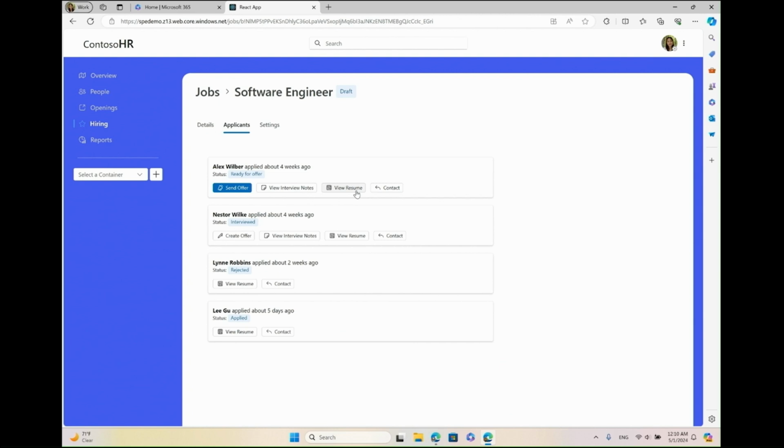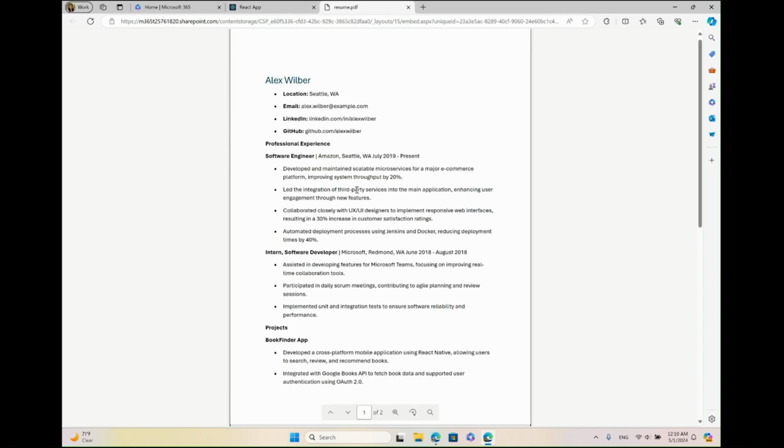Again, all these documents are in that container we created for the job post. So now I'm going to see this resume for Alex Wilbur. This is a PDF, and it's open right here. Again, it's a built-in viewer supported by SharePoint Embedded. You can always open a video, which is powered by SharePoint Office Stream Services. We'll transcode and play the video back to you. And going back to our app,